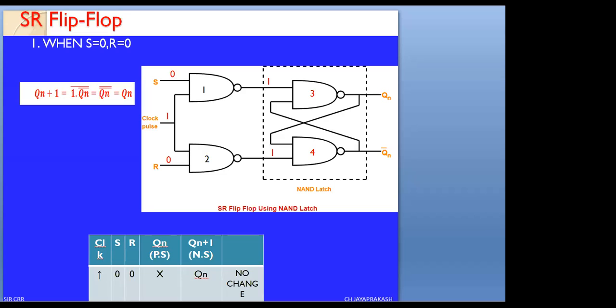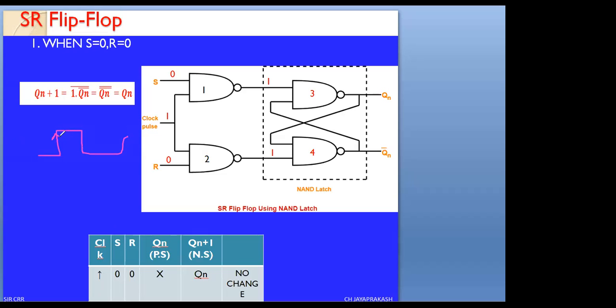Now, in the functional table, see the arrow mark pointing upward. This is indicating positive edge. That is, this interval will work for the positive clock. Let us see what a positive clock looks like. See, this is the positive clock. This is the clock signal. In this clock signal, whenever it is seeing this